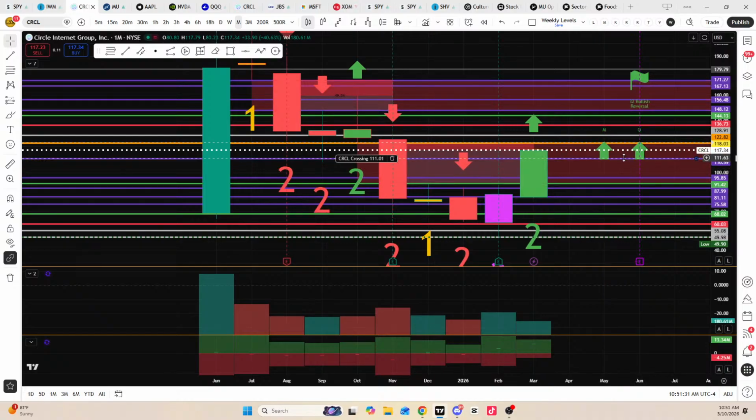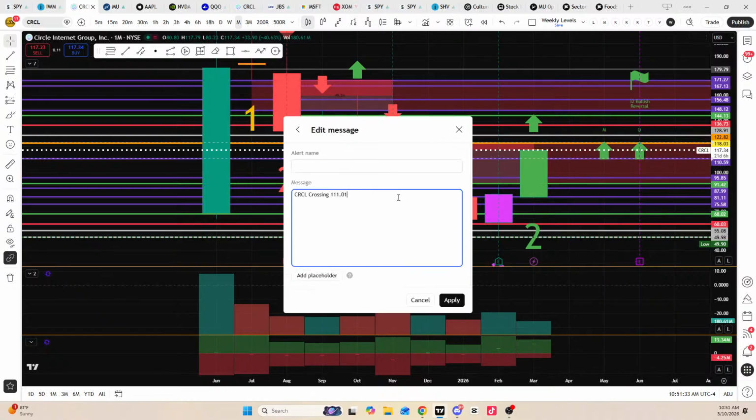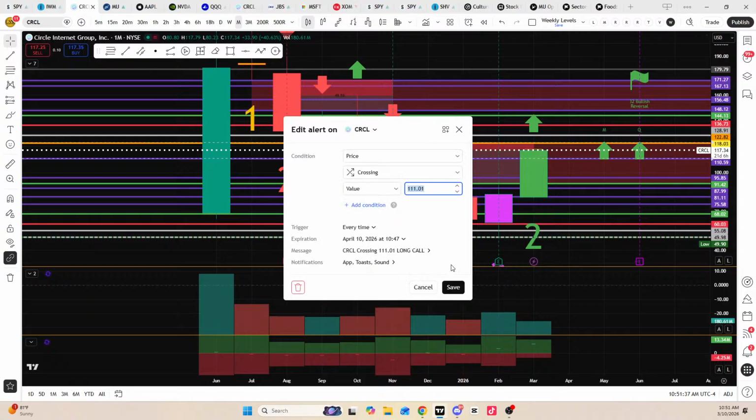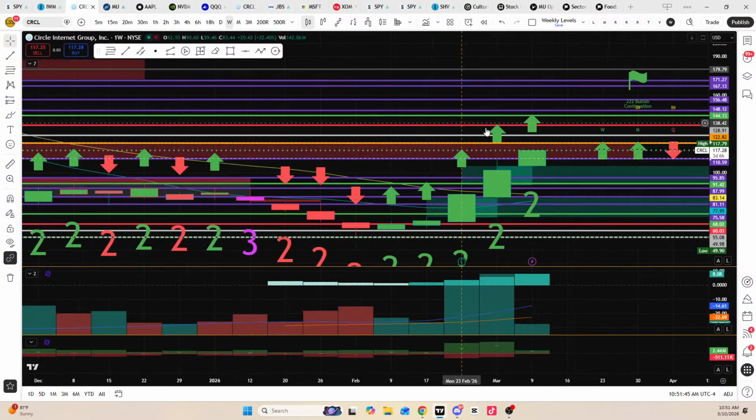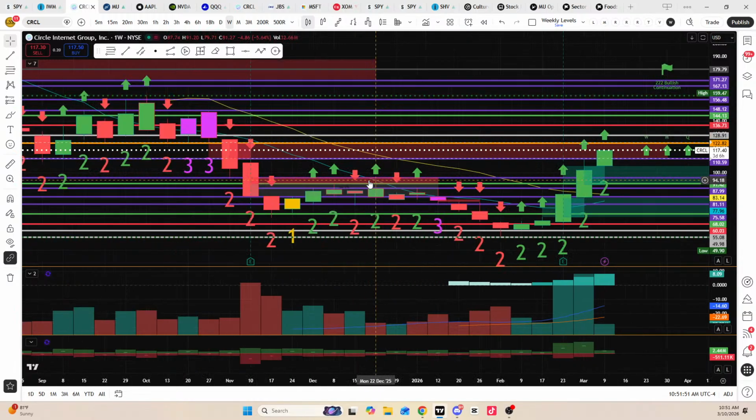And I'm gonna put this as the long call. If we come back down to 110, 111, I like that as support. But if that support doesn't hold, it could go back down to, damn, 95 is not that far away. And that's another monthly level. Yeah. Gotta be careful with them down here. It's a volatile company. But I do like them.